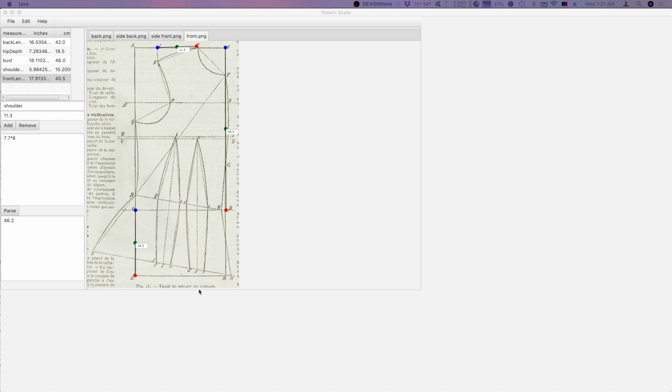Okay, it says subtract a half centimeter to mark it. So the shoulder is really closer to 11.8. So, you know, anyway, this means, all right, so